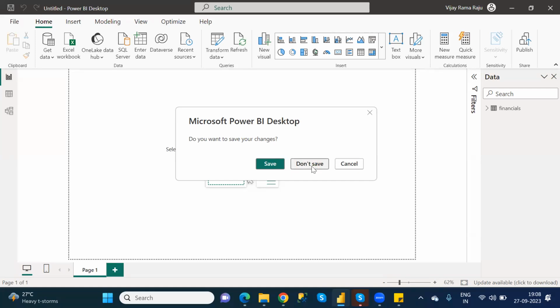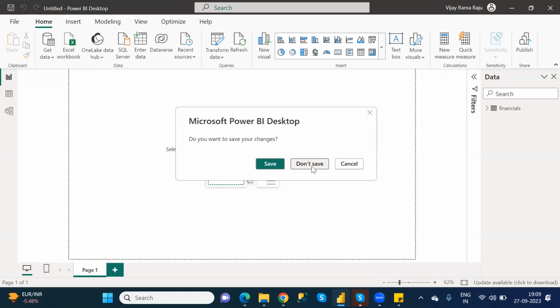This we can call a confirmation message. If an action is triggered directly, it will cause different problems. Whatever changes we have made in that particular application, if it is directly closed when you click on that button, what will happen? All the things are gone, right? All the things are closed. Once it is closed, if you want to do everything again, it is very, very difficult. So that's the reason.